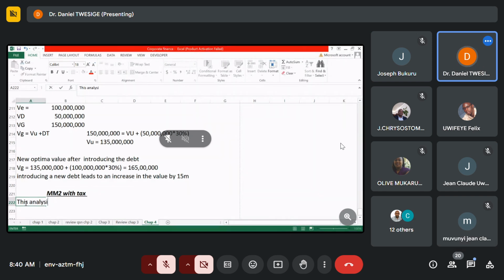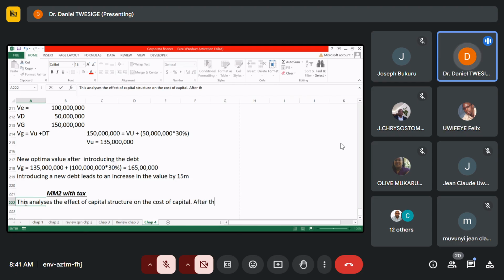This analyzes the effect of capital structure on the cost of capital. After the analysis, MM concluded that capital structure and the value and the cost of capital